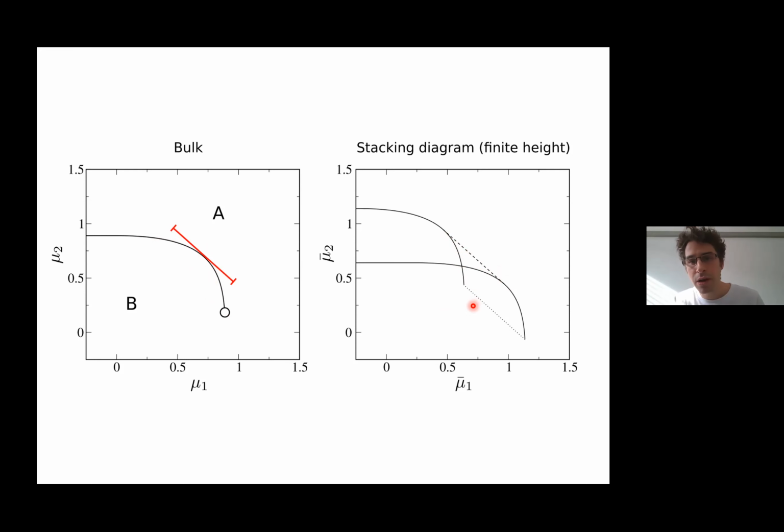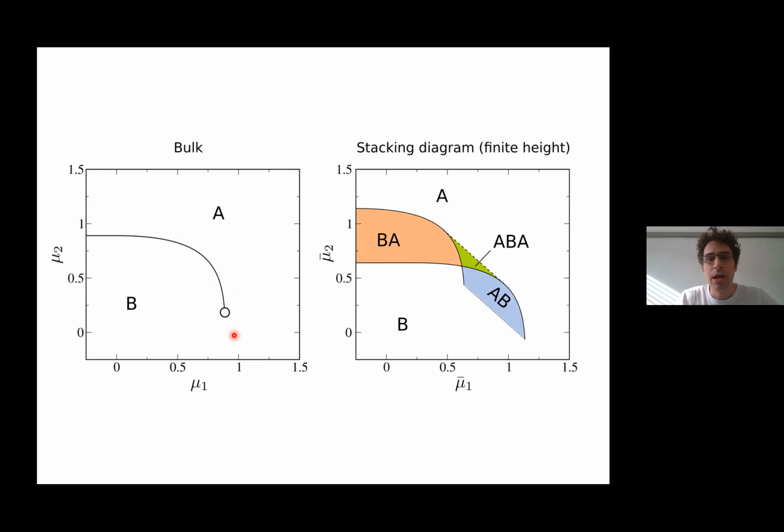All I have to do now is to give names to all the regions. So how do I do this? Well, I simply select one point in each region. For example, this one. I represent this point in bulk and I read the sequence. So this is ABA. I do the same with the other regions, and then I end with my stacking diagram for finite height samples, okay? So, as I said, this is just a model phase diagram, which doesn't correspond to any